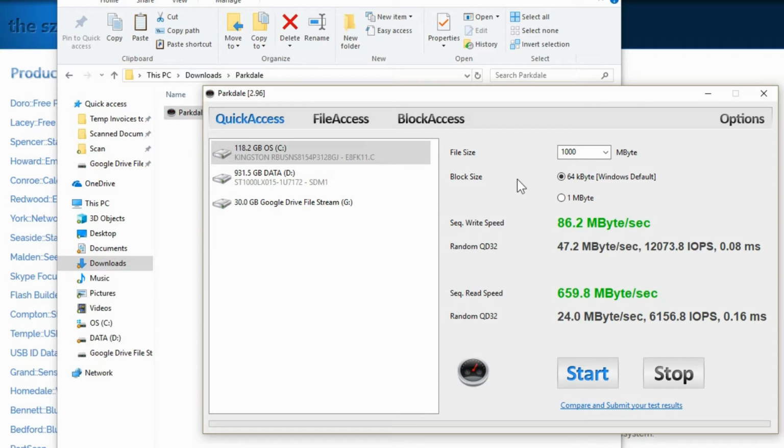That's why I've been using Parkdale for a long time now, and whenever I'm testing a customer's hard drive, I try and stick with this, so I know over time, after checking so many different hard drives, I know what the averages are, I know what's normal, and I know what's good and bad. And usually this will actually show you in a red color for sequential write and read if it's bad, versus green if it's still acceptable.